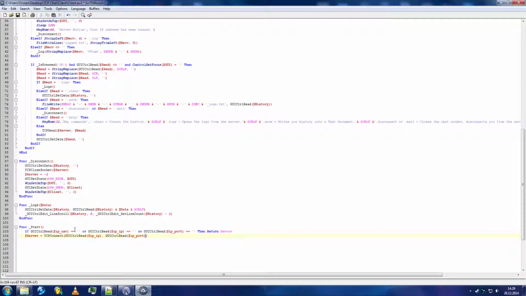There we go. So if server equals -1, why do I keep writing of or at, error, then